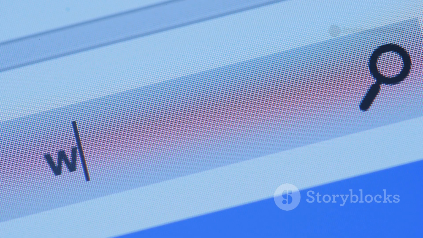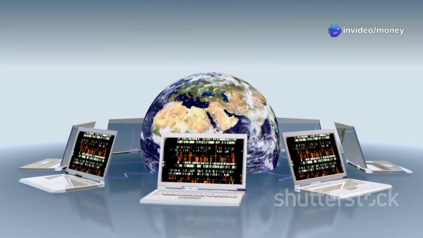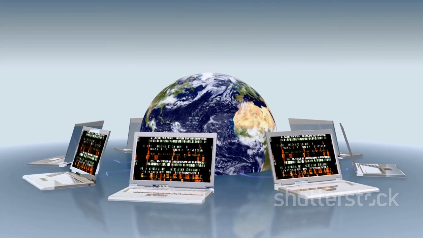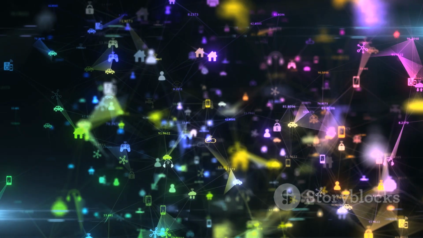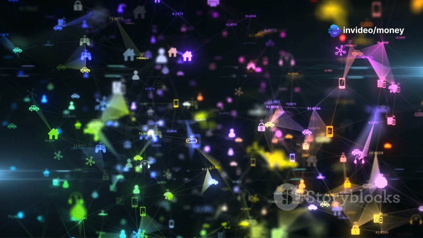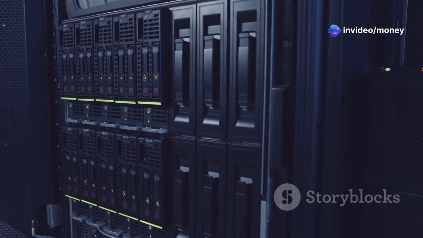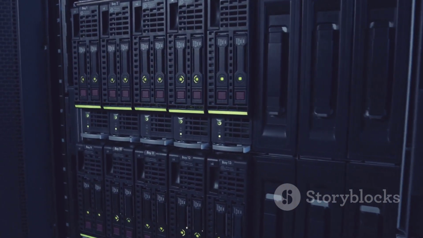Your browser first needs to figure out where youtube.com actually lives on the internet. This is where the domain name system, or DNS, comes in. Think of DNS as the internet's phone book. Humans are good with names like youtube.com, but computers prefer numbers, specifically IP addresses, like 172.217.160.142. Your computer sends a query to a DNS server, which might be one provided by your ISP or a